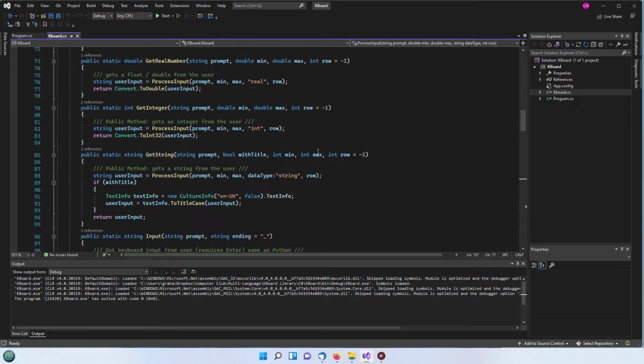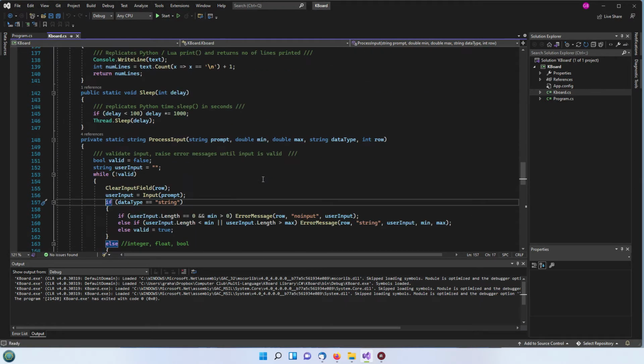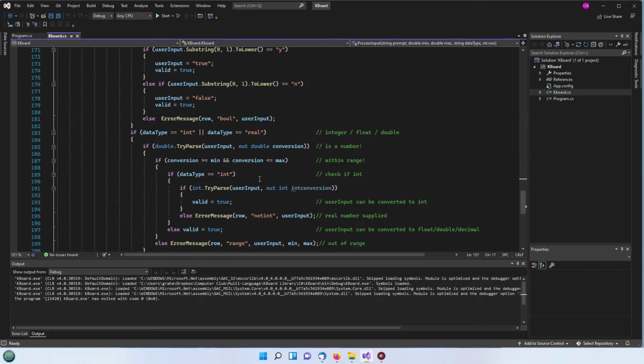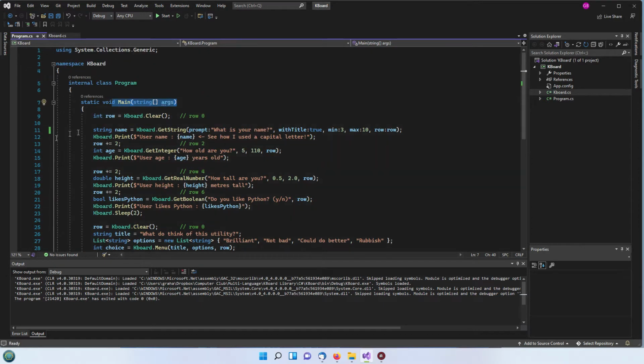If you've already watched the Python and Lua versions, you'll realize that they had 2 classes. They had a keyboard class, which does all this stuff, and they also had a console class. Now that's not required in C# because you already have by default pretty much full control over the console, so it's not required. So let's start with our first one here, which is to get the